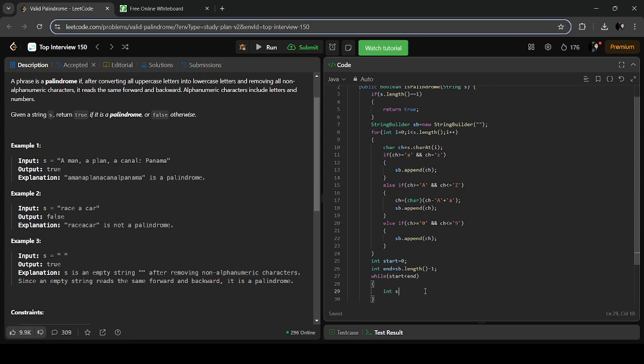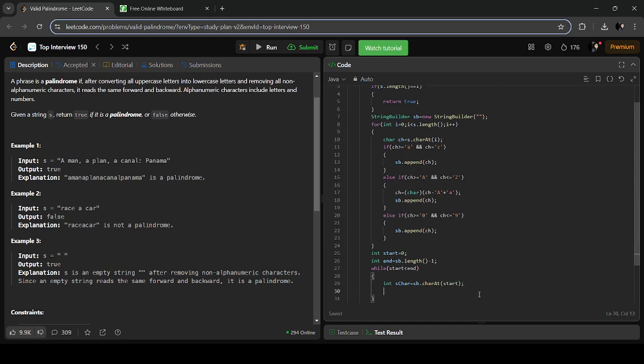So int is char. Okay. Then sb dot charAt start. Okay, so from start we are taking. Similarly, from end character also we will be taking out. We got it from end also.